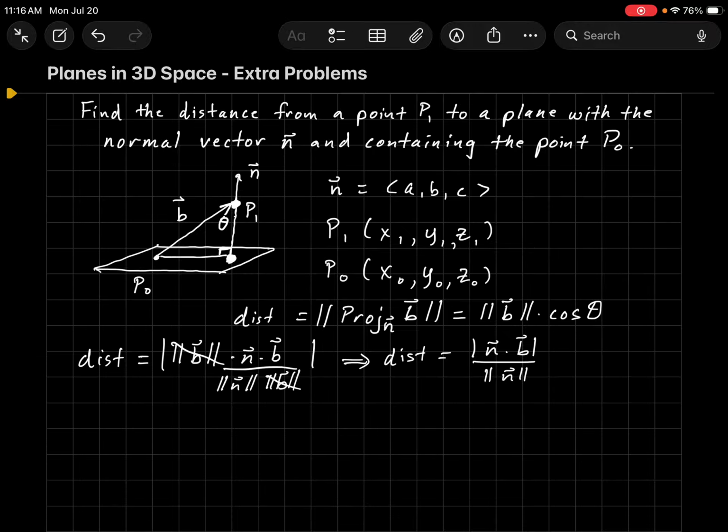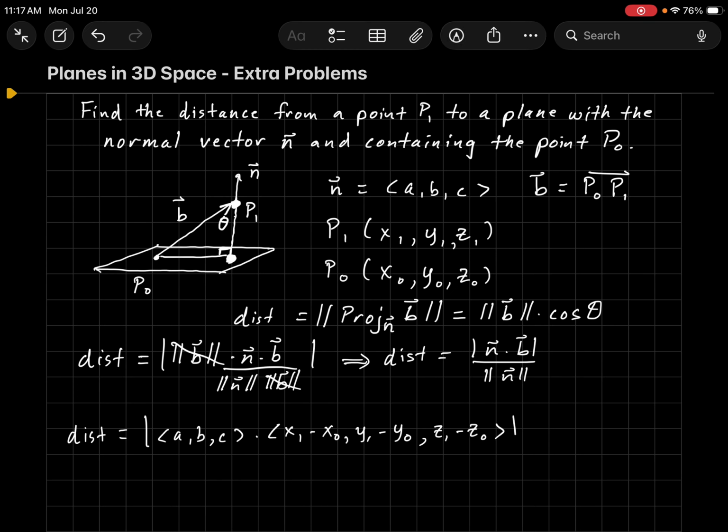Now, what is this vector b? Well, b is really the vector P0 to P1. So if I want to find the distance, I can do vector n, which we called ABC, dotted with my vector b, which is going to be the vector x1 minus x0, y1 minus y0, and then z1 minus z0. All divided by, I put it over here just for the sake of space, the magnitude of n,